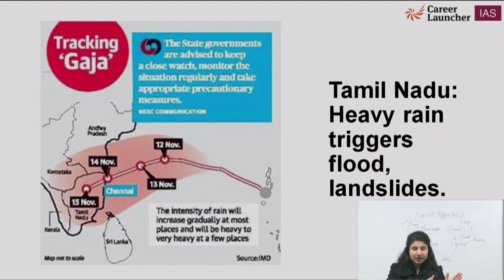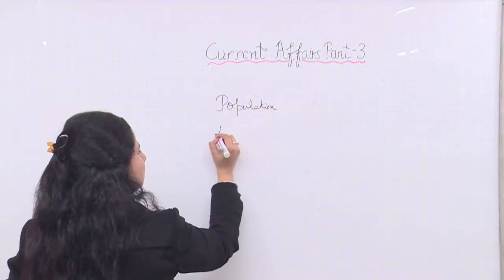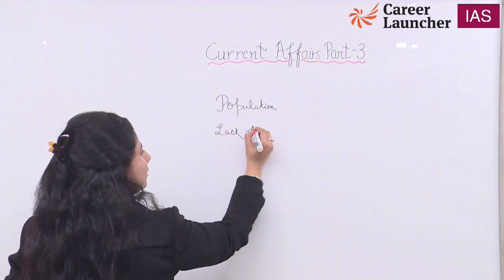And then from Kerala, I am shifting to Tamil Nadu, where again there was heavy rain because of Gaja. Gaja was a cyclone. And also if you see, the intensity of rain will increase gradually at most places and will be heavy to very heavy at a few places. What will happen because of excessive rainfall? Floods. Tamil Nadu, one of the prominent states of our country, also has some of the most important cities of India. So major cities, because of rise of population, more population, lack of urban planning,